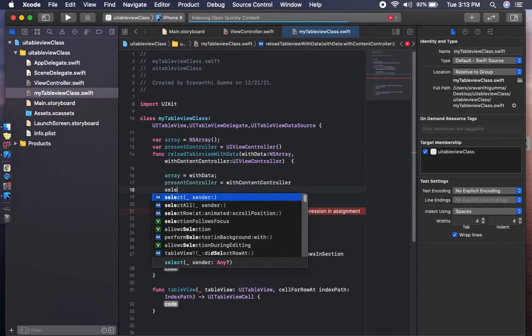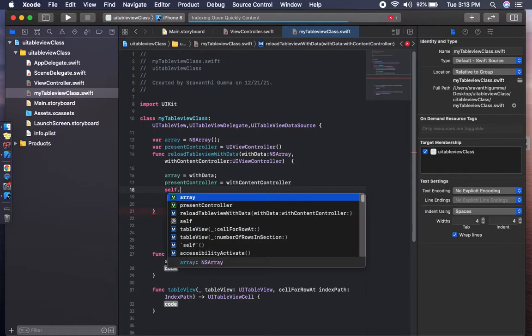And we are passing the delegate method. We are calling the data source method and delegate methods.